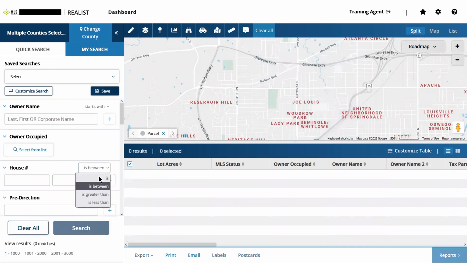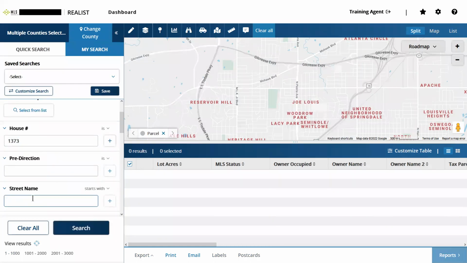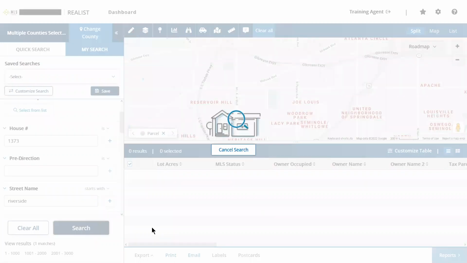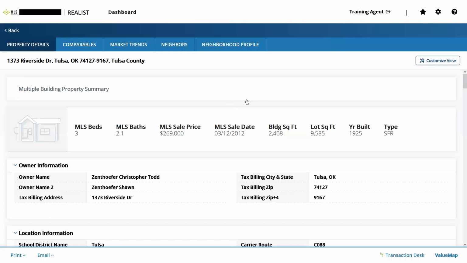But let's say that we're searching for a specific property. So for instance, I'm going to put in that same address that we looked at earlier. When it pops up with only one match, as soon as you hit that search function, it's not going to bother putting a pin on a map and putting the result down here when it's just one item. When you hit search, it just jumps directly into the search result, and you can see the listing information, property details, whatever the case may be for that property. So it's not going to sidetrack you with getting into the search result. It's just going to dive directly into the report,